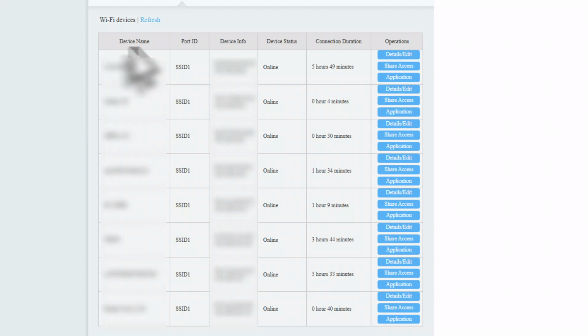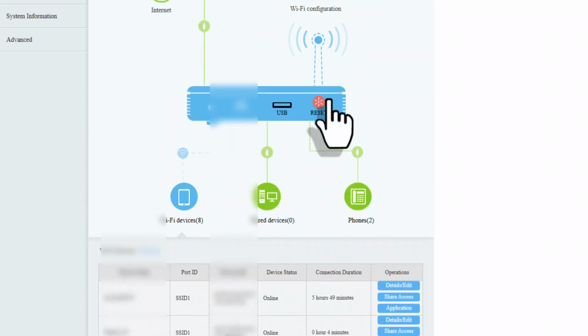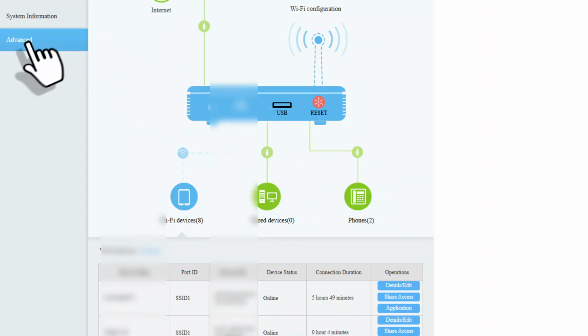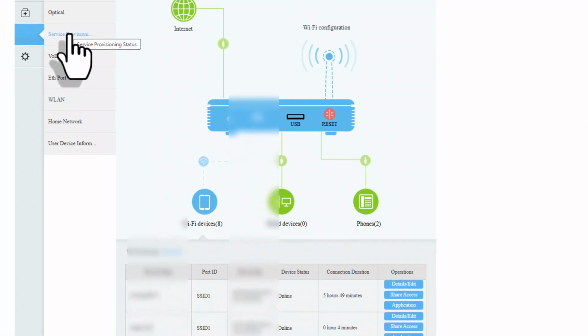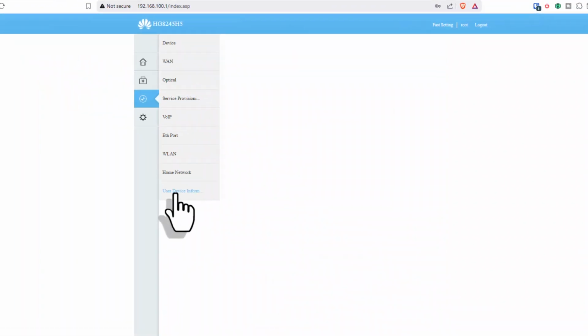The table contains the device name, the port ID, usually it's the SSID, the device info containing the MAC address and the IP address, the device status, online or offline, and connection duration. You could also find this list elsewhere in another menu if your Wi-Fi router model doesn't display this kind of visual representation. In my case, I can find the same list in the system information, user device information, and here